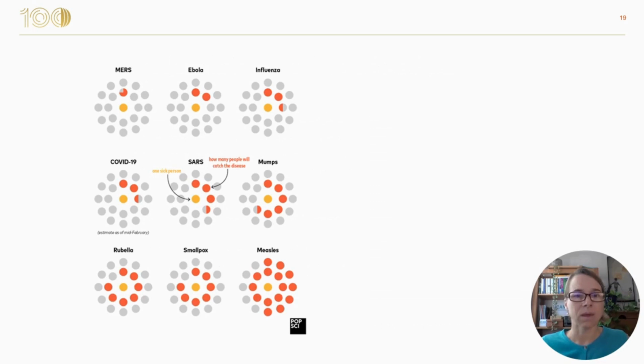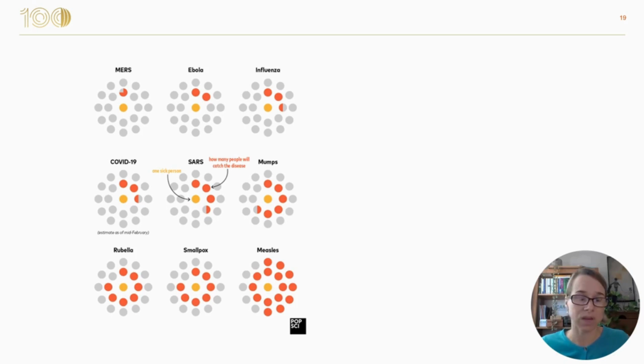And we can see that R0 can vary widely with different diseases. Here we have a range of human diseases. We have MERS with an R0 of less than 1, explaining why this infection died out. We can also see COVID-19 with an estimate of R0 from early in the pandemic. And we have measles here with a very high R0 indeed, estimated to be between 10 and 15 new infections